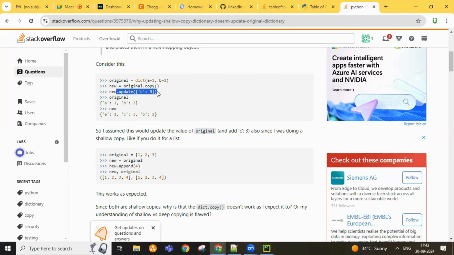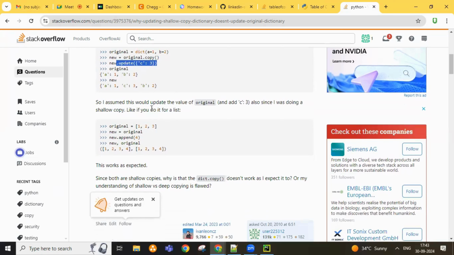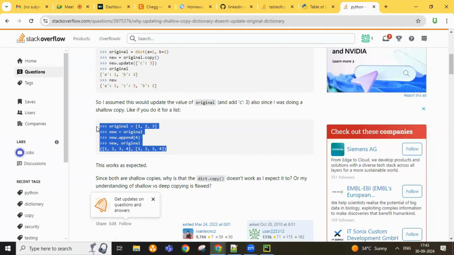Added C there. Got it? So I assume this would update the original and add C:3, since I was doing a shallow copy. That's where there's a catch here, because when it is doing a shallow copy, right, this becomes